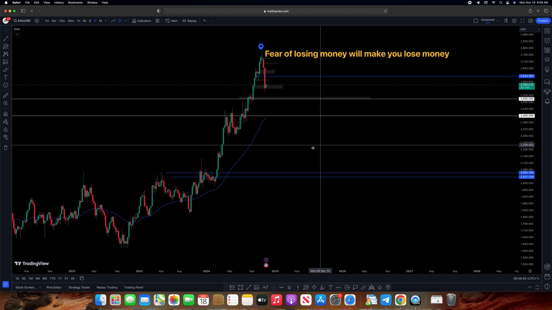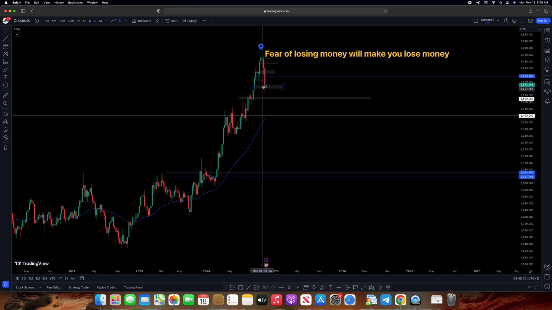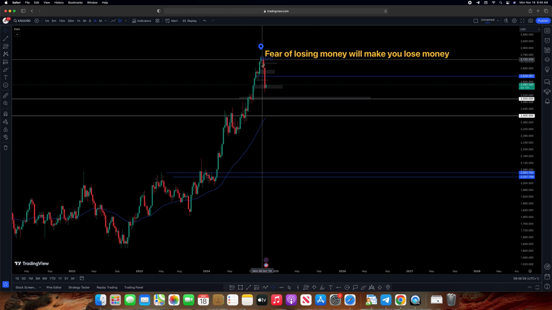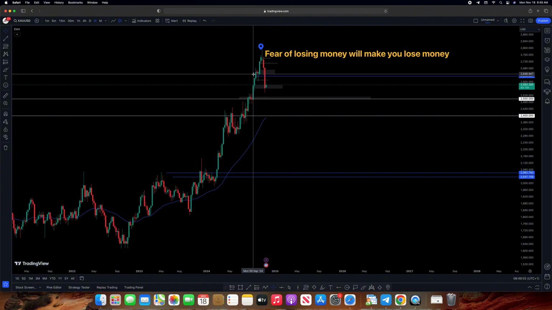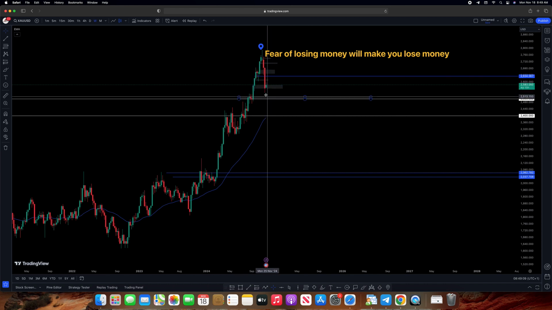So on this weekly time frame, you can see that market came to this support level I drew here and started reacting on it. It didn't break it, but if you look at what happened here, gold is in a downtrend because it did a change of character here. This is the weekly time frame, so I'm using this single candle. So it did a change of character here for sell.